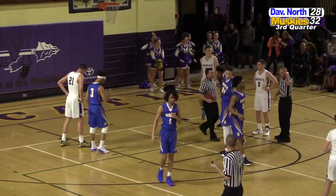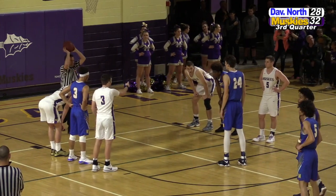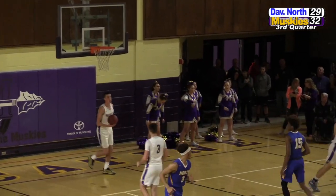Coach Belcher felt like over the back was an option there. Melendez is going to get called for his second foul, and a chance for a 3-point play here for Beck. Beck's made a lot of difference the last couple of minutes. Yeah, the skilled lefty at the free throw line, making that